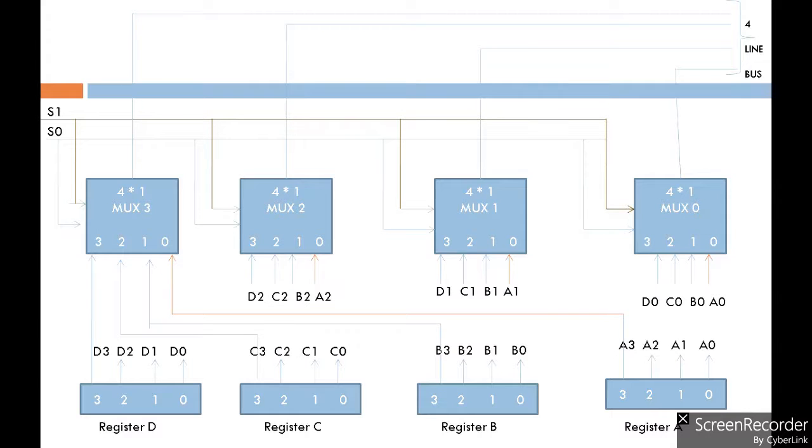So same way A1, A2, A3 and A4 are also transferred through multiplexer 1, multiplexer 2, multiplexer 3. And this is the way how register A's data is transferred on the 4-line common bus system.